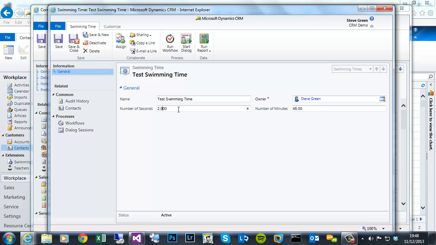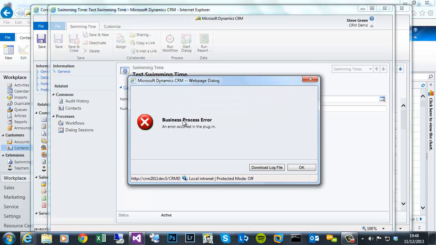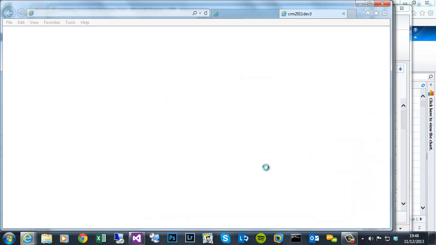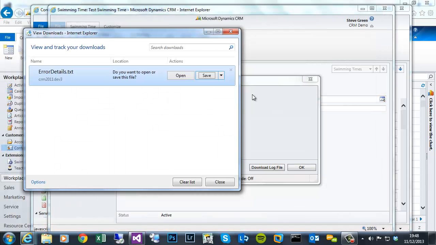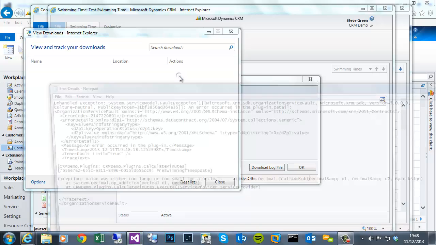So I could change it. Obviously it's not on change, this will require the save because it's an update. And then we can see our business process error. And if I click on download log file, we get prompted to download this error details. I can just open it for now,